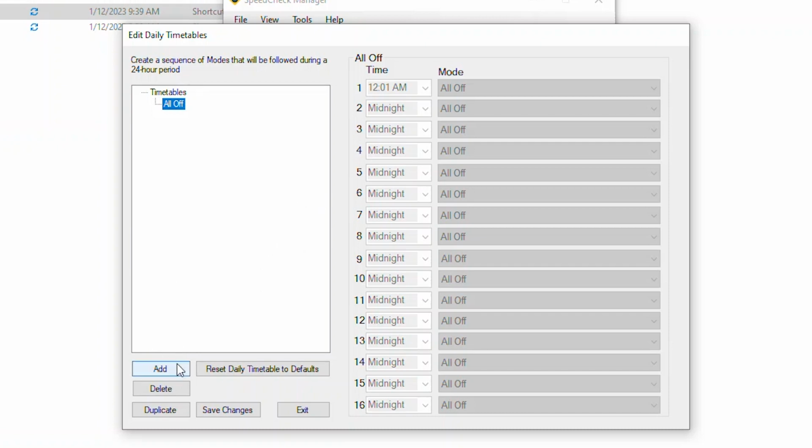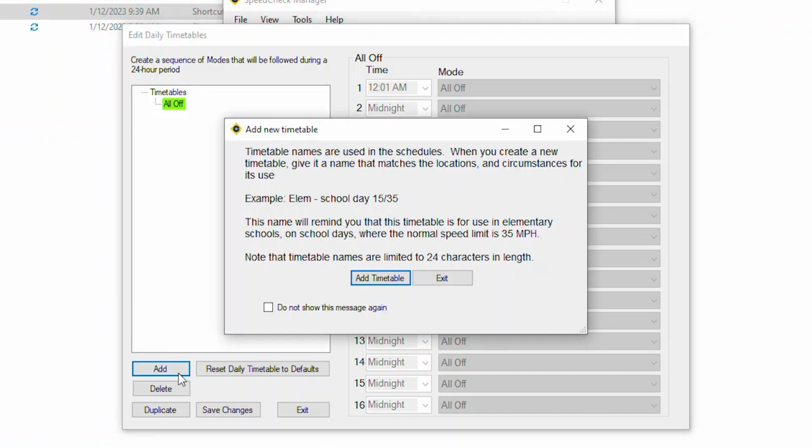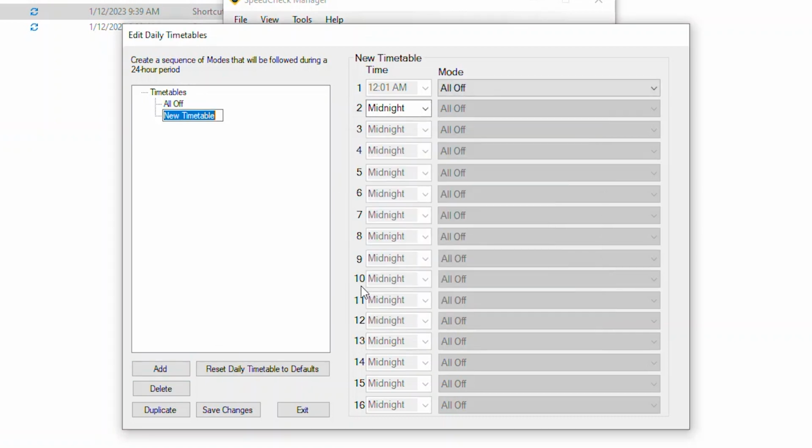So you'll start by creating one for a standard school day. So you click Add down on the bottom left again and click through the pop-up. And you'll want to name it something like Standard School Day. If you're doing this for multiple schools, you'll want to put the name of the school in your titles so that you'll be able to tell things apart. You just want to always be able to know what you're referencing later when you're making your schedules.